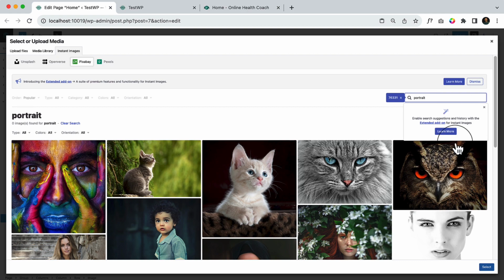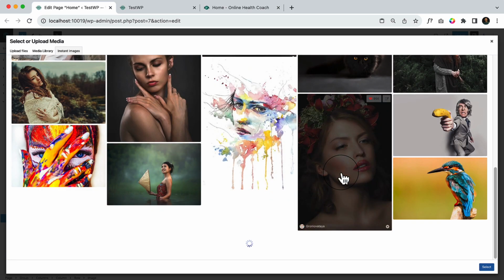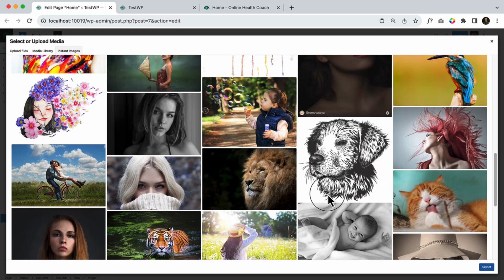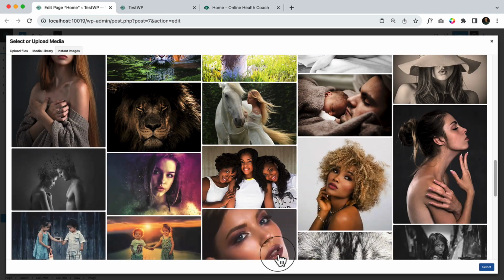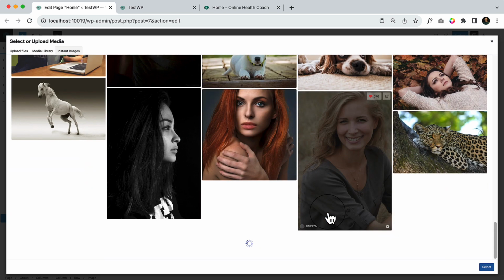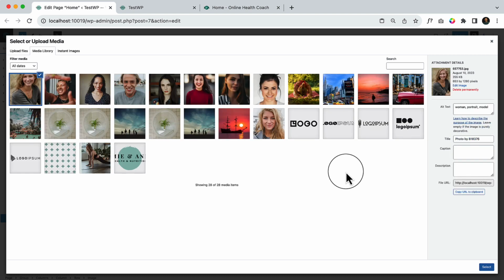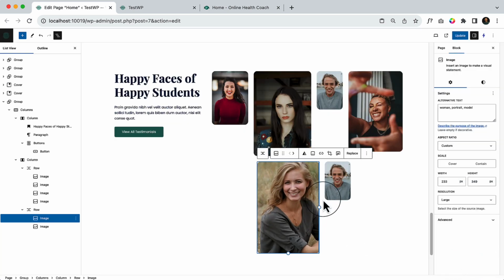And then select from here. So I'm just looking for a wider angle image. Let's choose this one. And click select. So it looks like this,